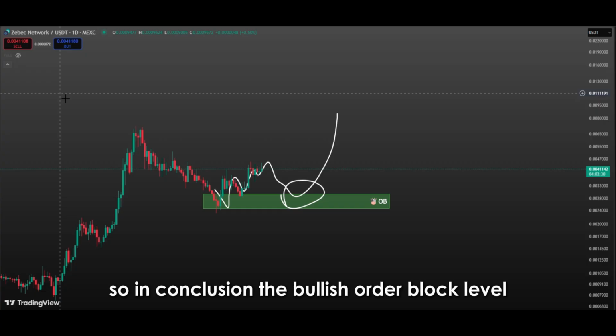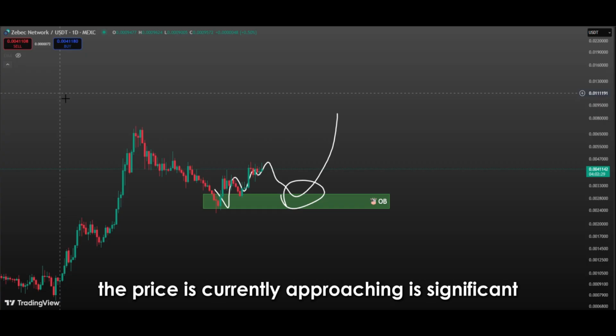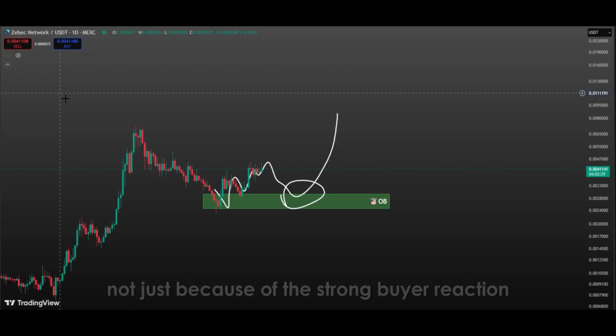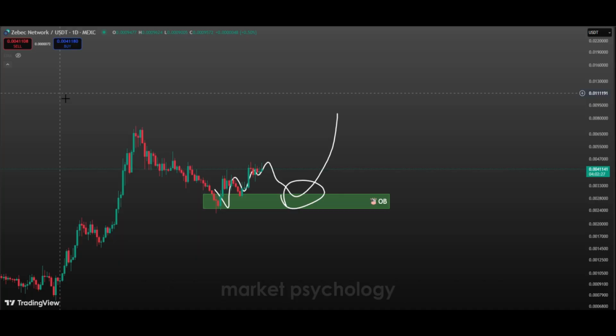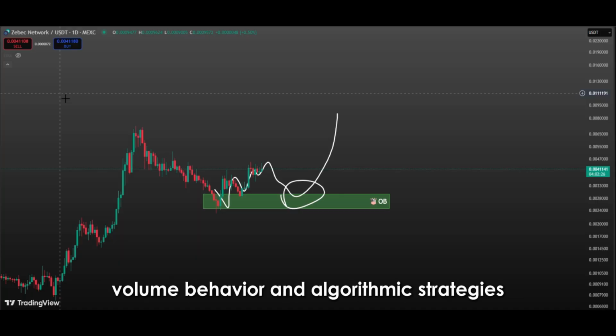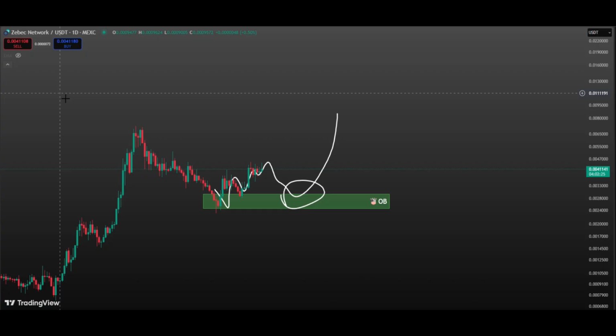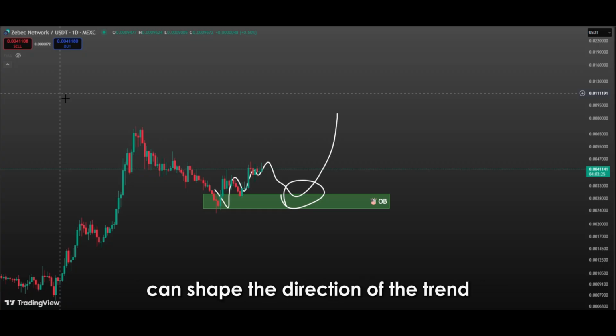So in conclusion, the bullish order block level the price is currently approaching is significant not just because of the strong buyer reaction seen in the past, but also in terms of technical analysis principles, market psychology, volume behavior, and algorithmic strategies. The way price reacts to this zone can shape the direction of the trend and investor sentiment going